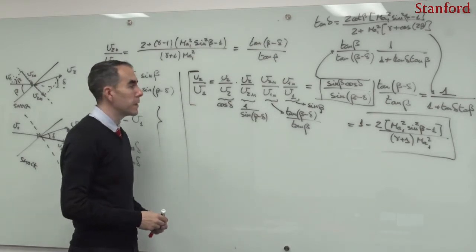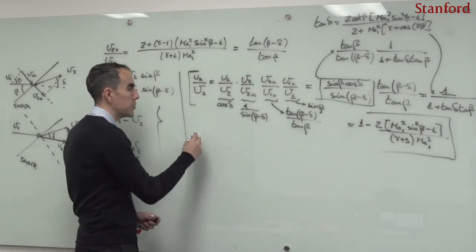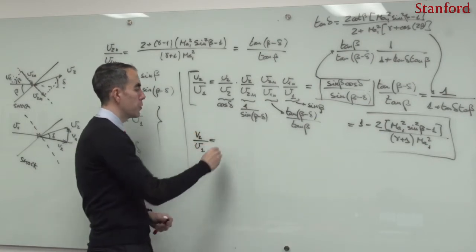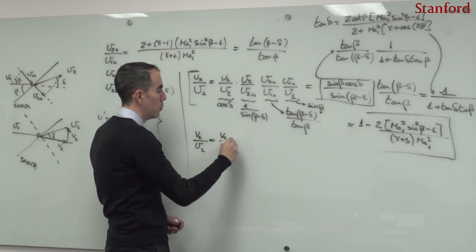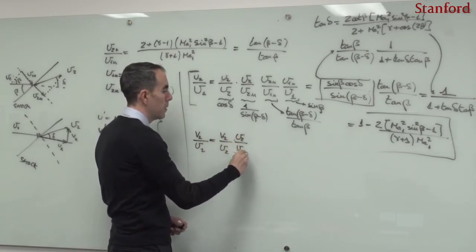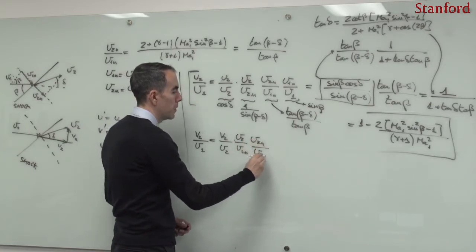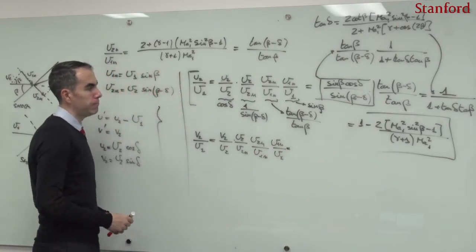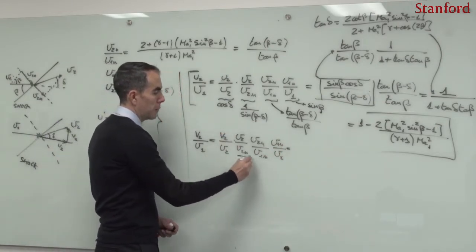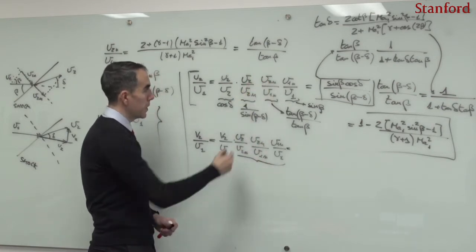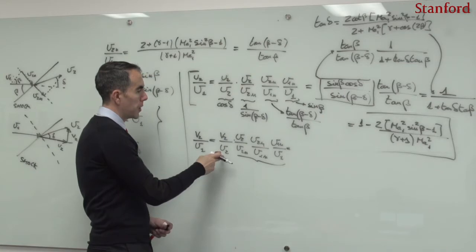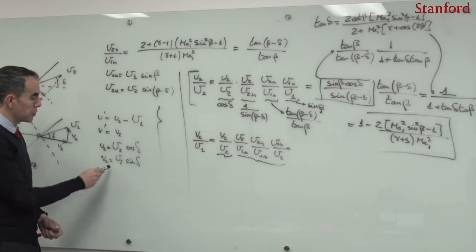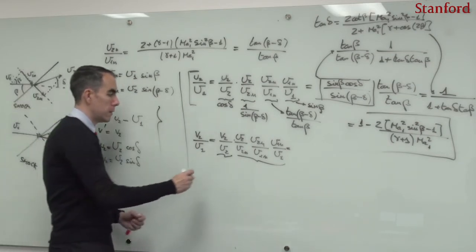Well, one can do exactly the same for the vertical velocity, and this vertical velocity v2 divided by u1 can also be written as v2 divided by u2 multiplied by u2 divided by u2n multiplied by u2n divided by u1n multiplied by u1n and divided by u1. These three ratios that are here are already computed up here, right? So this one, and this one. Whereas this one, the first one, is different, and this one comes only from this relation here. This is equal to the sine of delta.